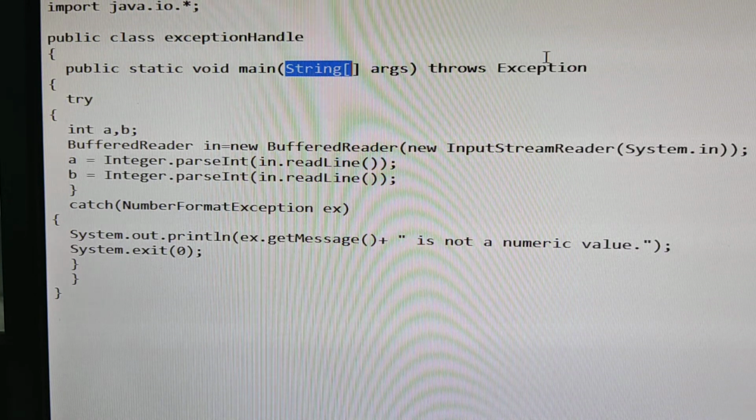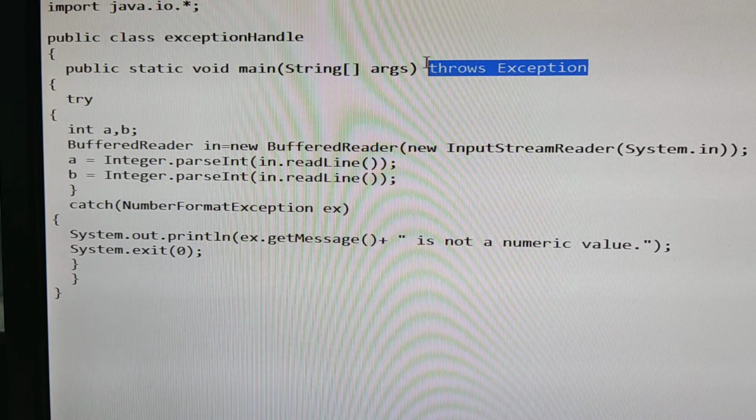And here we are writing a program to handle the exception, so you need to write throws Exception. Now as already explained in the class, the code from which you are expecting an error should be written inside the try block. So the try block contains the code from which we are expecting an error. How many variables should you take according to your program?